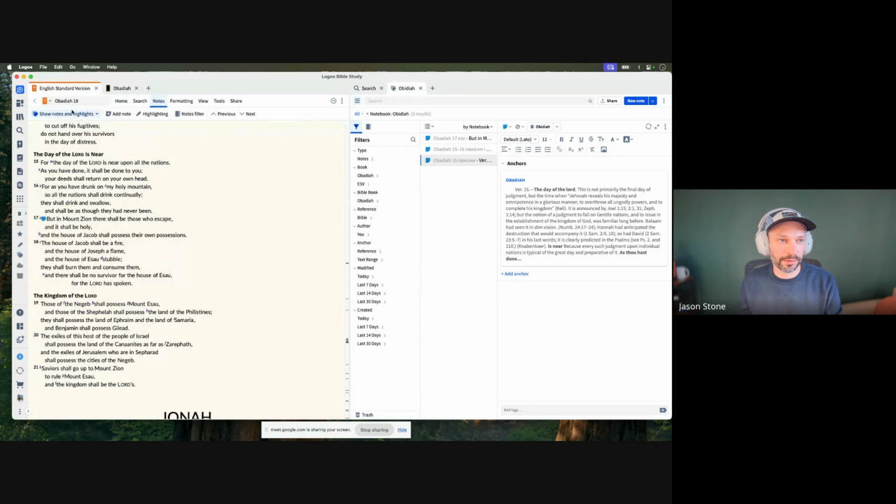And then you could even, I've got the Bible open right now to Obadiah 18. If I add an anchor, then it knows that I have my Bible open to Obadiah 18, and it's just going to drop that in there. But I could also change it if I wanted to, say to 12. So I could anchor this.